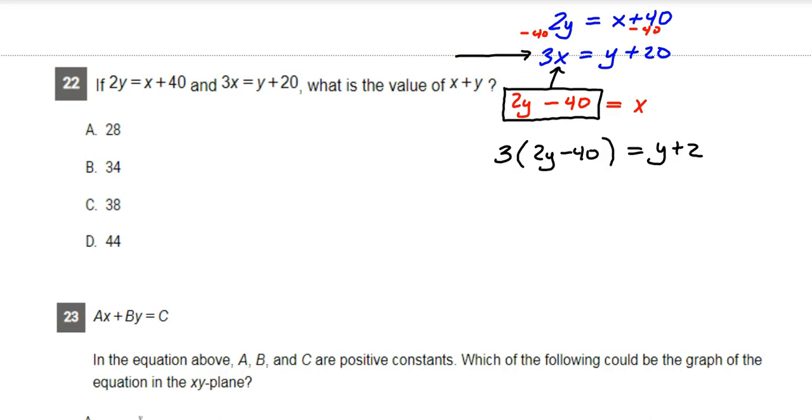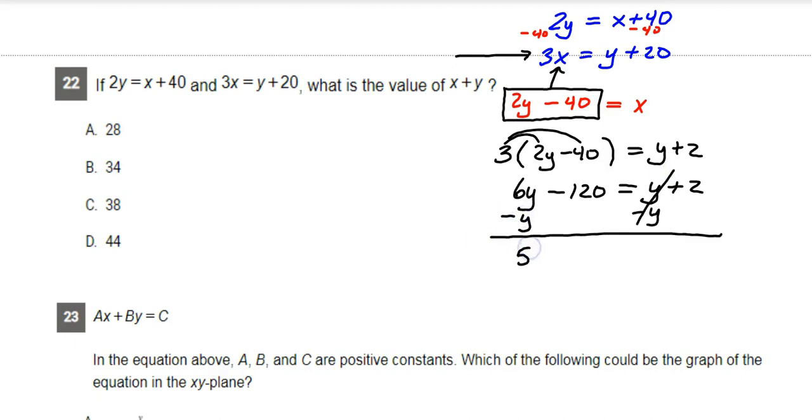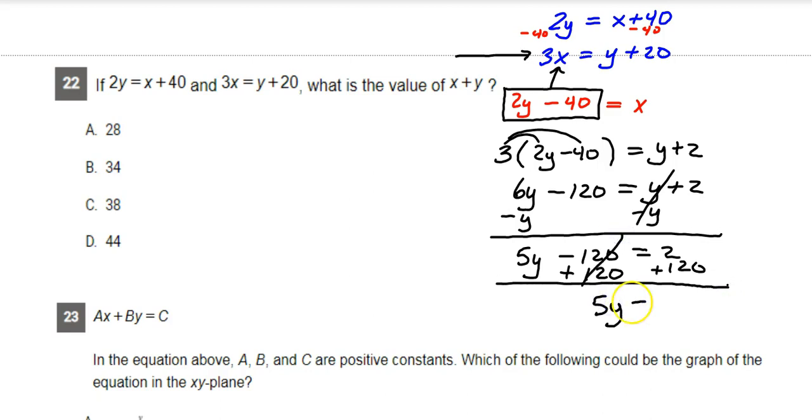And now we distribute and solve it. So I'm going to have 6y minus 120 equals y plus 20. Notice that I got rid of the x's. Since I substituted this expression in, the x's disappeared, and now I can solve it. So I have 6 y's on the left, 1 y on the right. I'm going to subtract that y from both sides to gather up all my y's on the left-hand side. So 5y minus 120 equals 20. You could have done 2 steps in one on the one before, but I don't want to lose anybody. So I'm going to do it one step at a time. And you'll get 5y equals